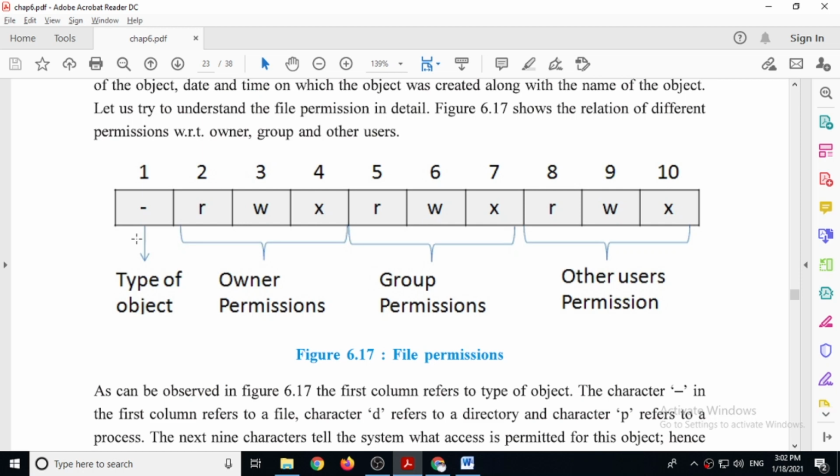If it is a directory, it will show D. Then characters number 2, 3 and 4 show the permission of the owner. RWX means the owner has all the permissions regarding the file. Then characters 5, 6, 7 show the permission of the group, and characters 8, 9, 10 show the permission of other users.